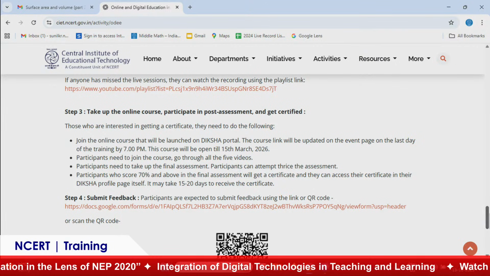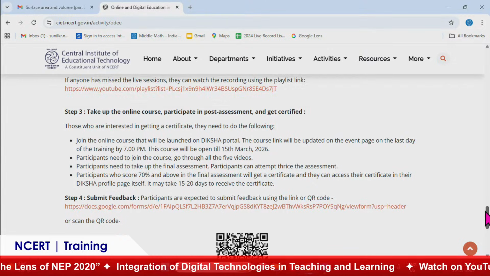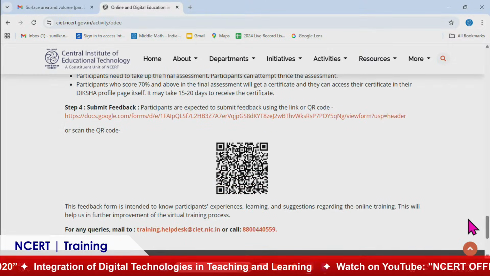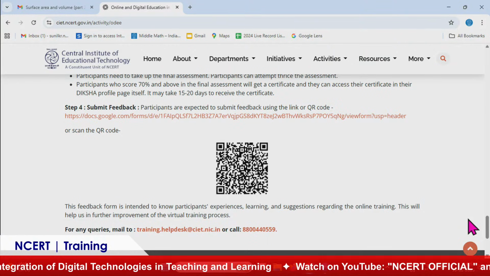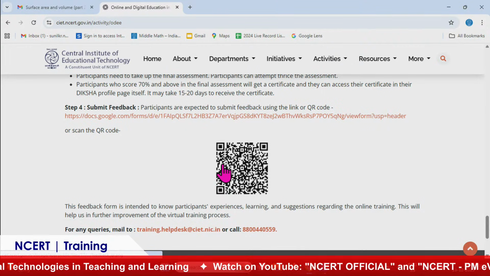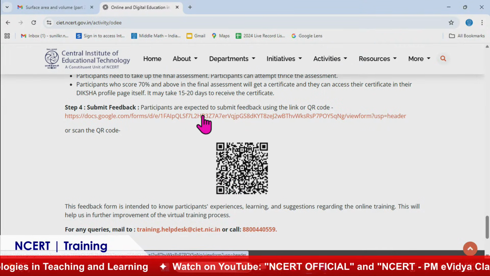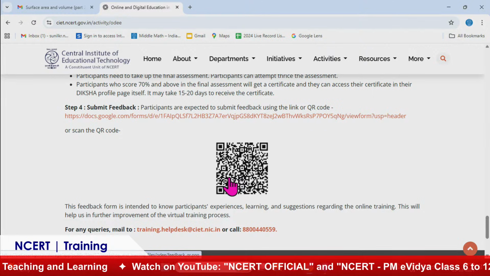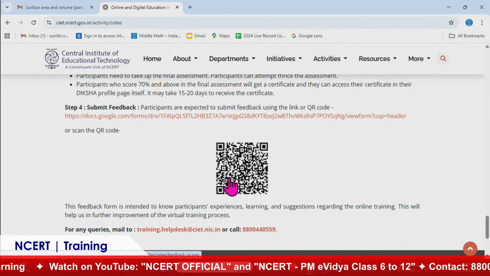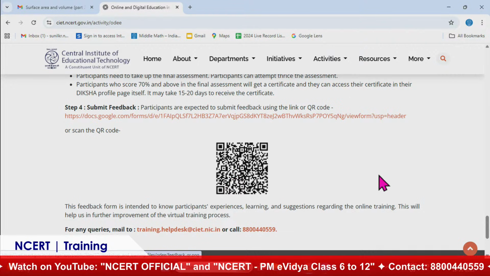And lastly, you can always submit your feedback about the training programs. If you want us to present a training program on some important topic or on some other issue or any relevant thing that you feel like, please let us know. So give the feedback regarding this ongoing training program by clicking on the link or scanning the QR code. This week we conducted the training program in English and next week it will be in the bilingual mode for all of you out there.